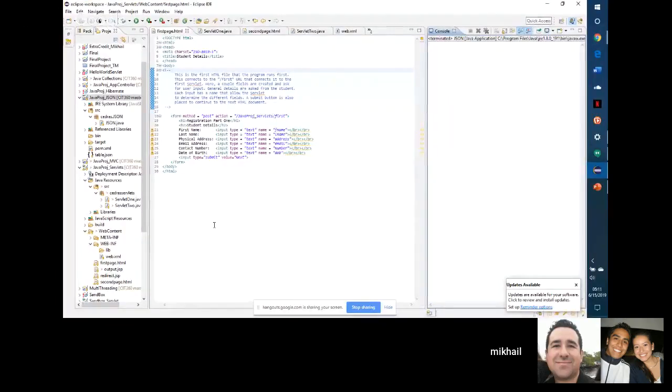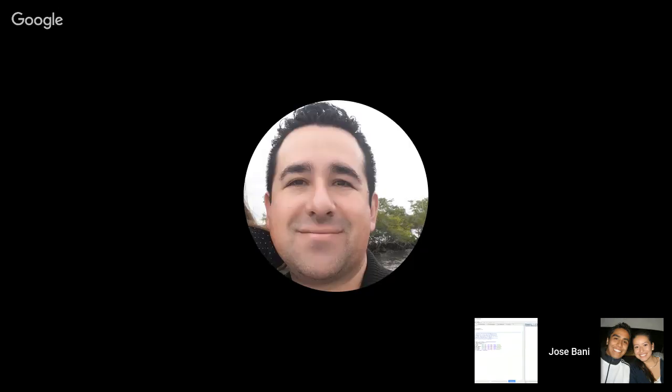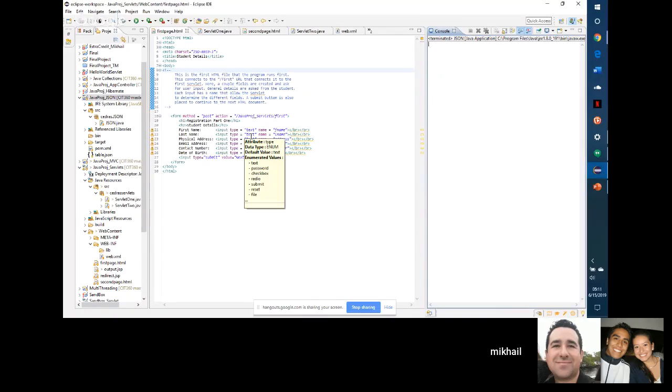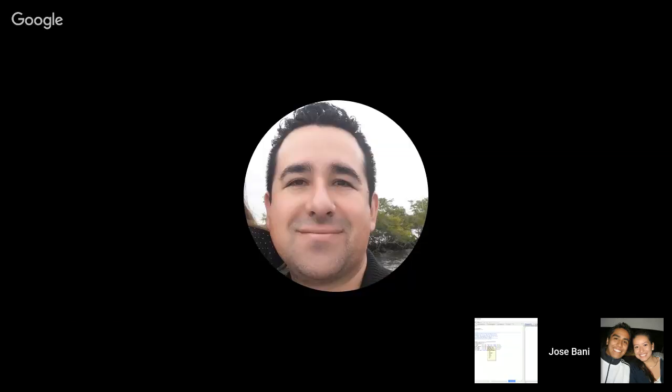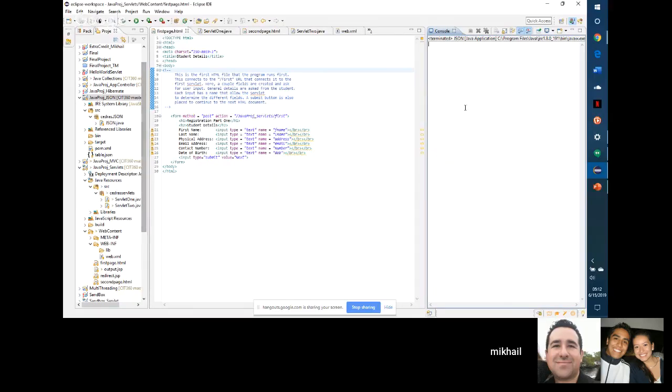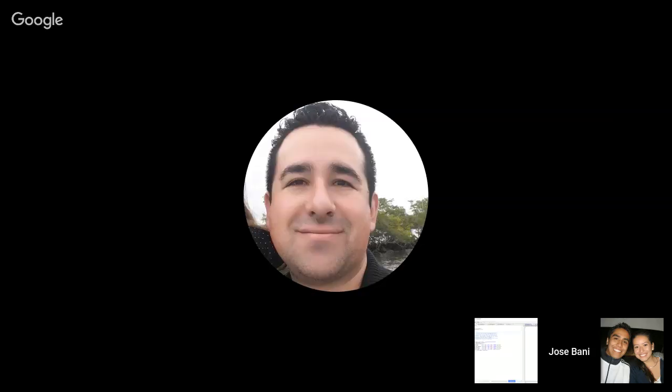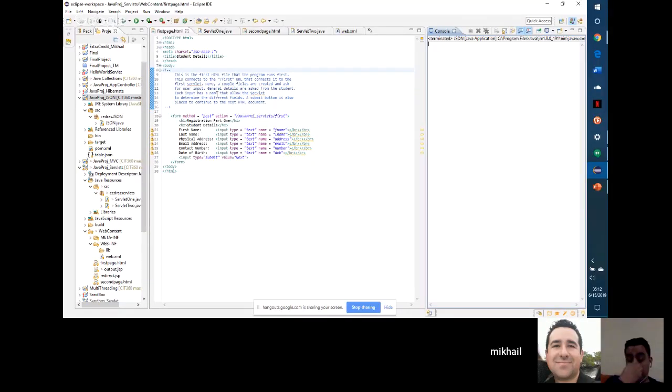You can see my screen, right? Yes. Okay. So I did servlets and JSON this week. So I'll just go through my servlets first. So I created a servlet that goes to the localhost page, and I just created a simple HTML